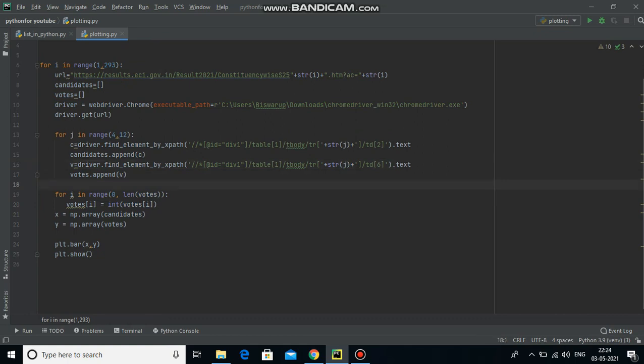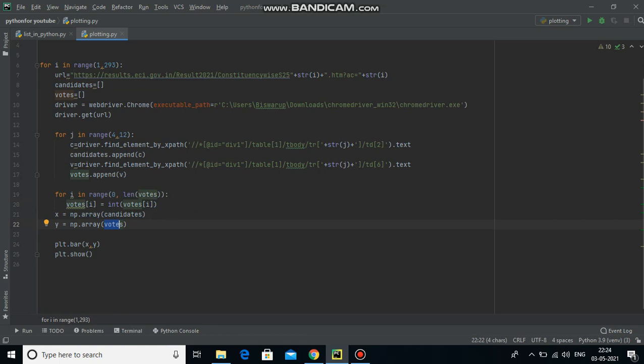So I have converted all the elements in the votes list into integers, from the start to the last element. Then I put the candidates on the x-axis and the votes on the y-axis, and I plot the bar and show the bar.